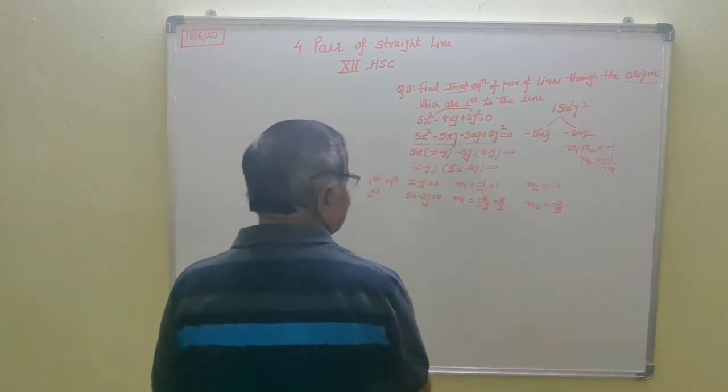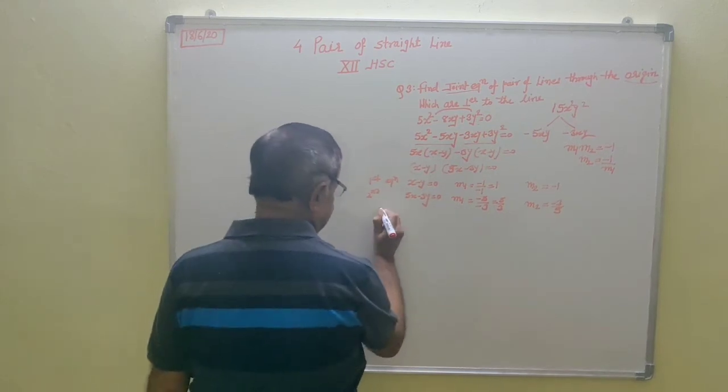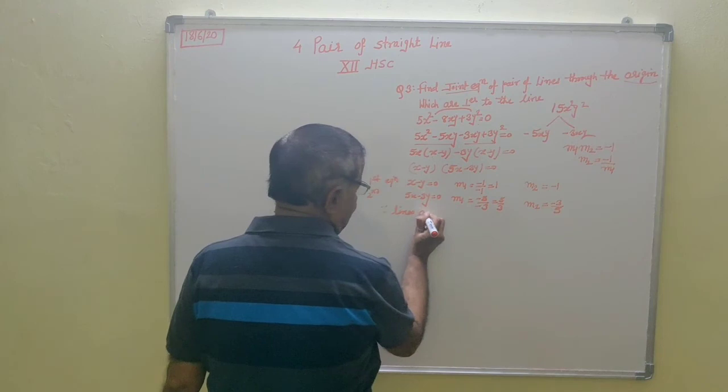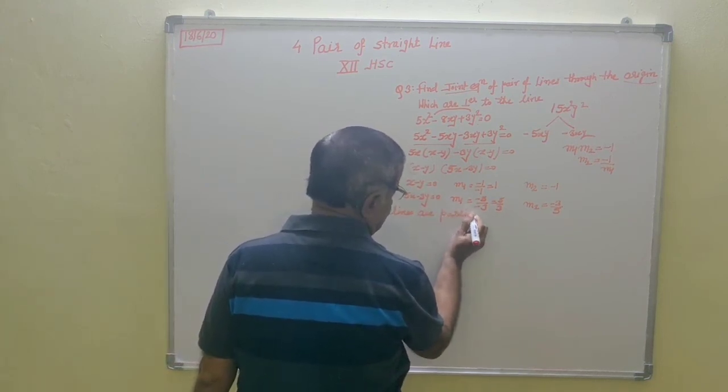Now what is the equation? The lines are passing through the origin, since lines are passing through origin,